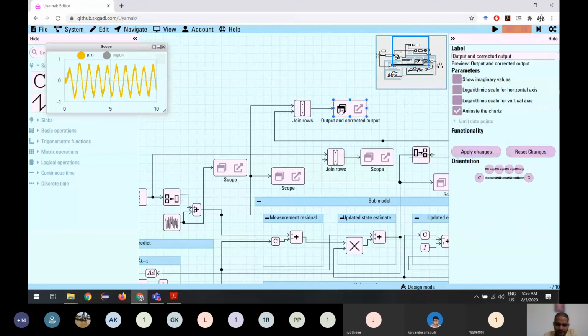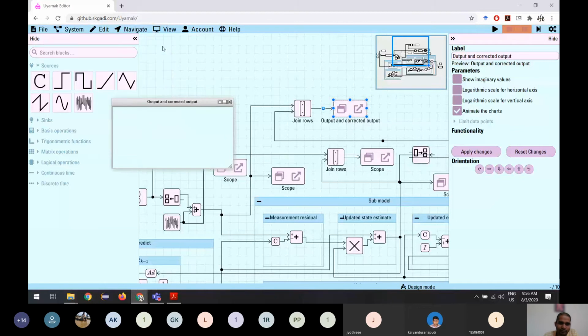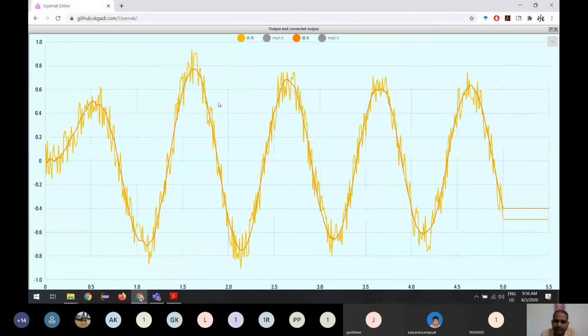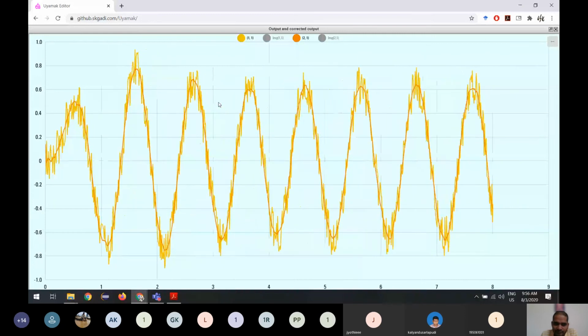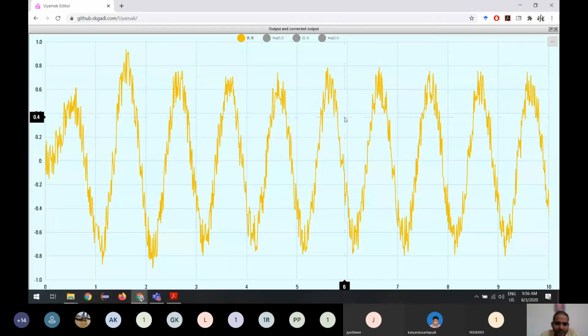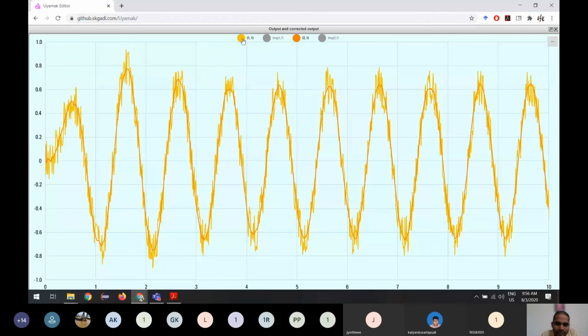So let me show this. In this graph, what we are seeing is output and also the one what we are doing after the Kalman filter. So if you see, we are receiving an output. Let me wait for this to finish. Okay. So if you see, we are receiving this. This is the output, I mean, this is the one we can measure. But if we apply the Kalman filter, we will receive this signal. You can see this signal is much more beautiful and a more accurate representation as compared to this noisy output.